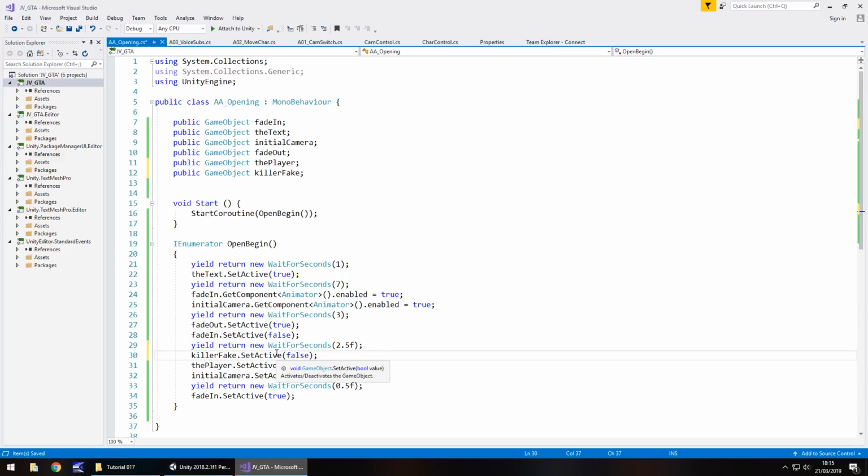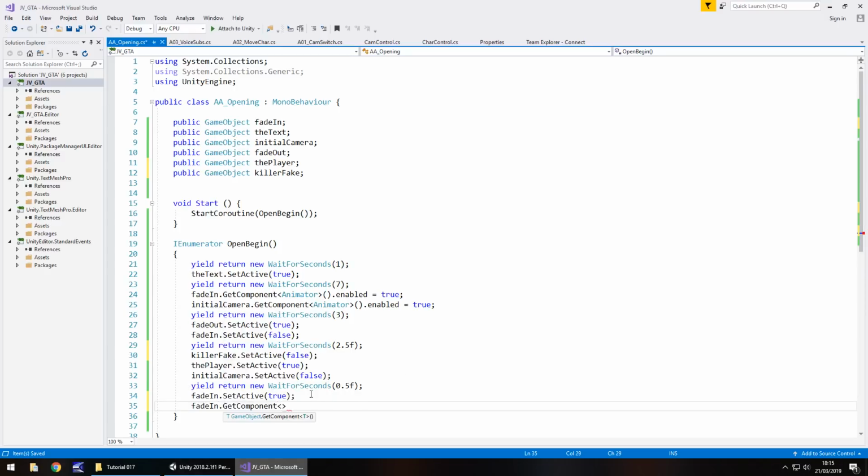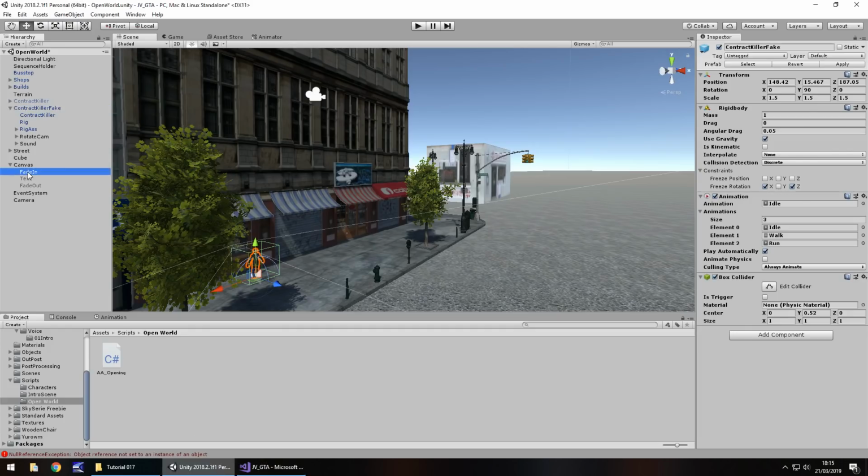So the dummy has gone, the real one is now replaced. And we also probably need to have fade in dot set active true, and then just replay that animation. So fade in dot get component animator open close bracket dot play, and in brackets and quotes the name of the animation, which I forget what it's called.